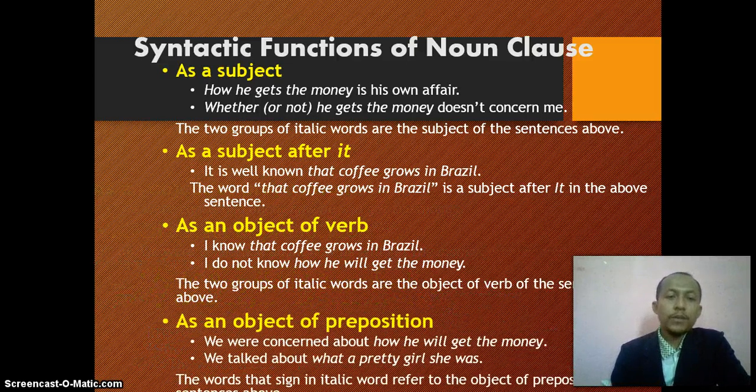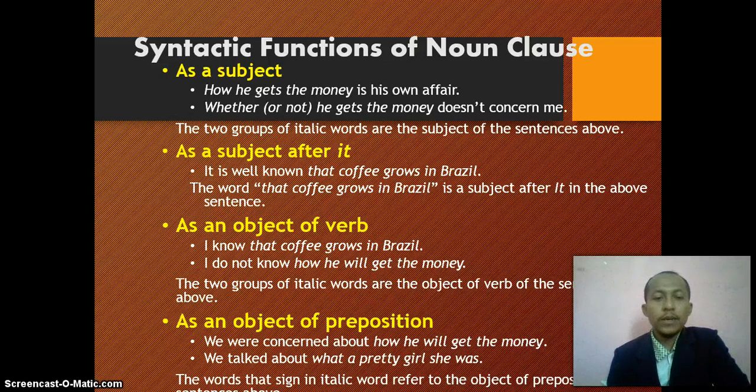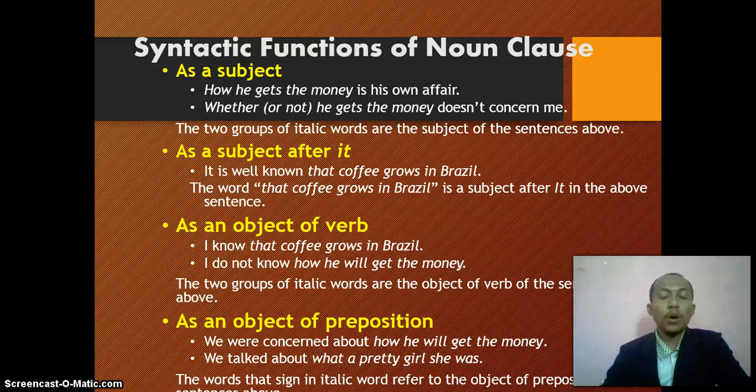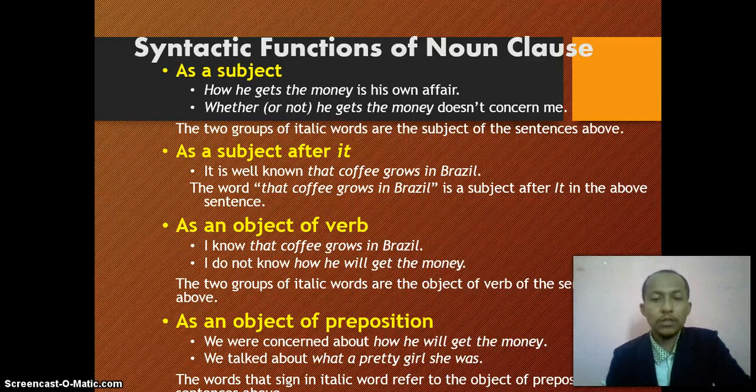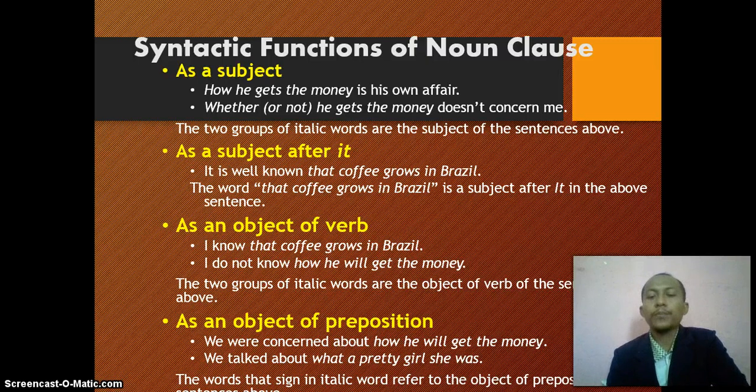Okay, now a noun clause as an object of a preposition, after a preposition. You have understood about prepositions like about, of, from, maybe on, in. There are so many prepositions that we know. We were concerned about how he will get the money. We talk about what a pretty girl she is. We know about what a beautiful girl